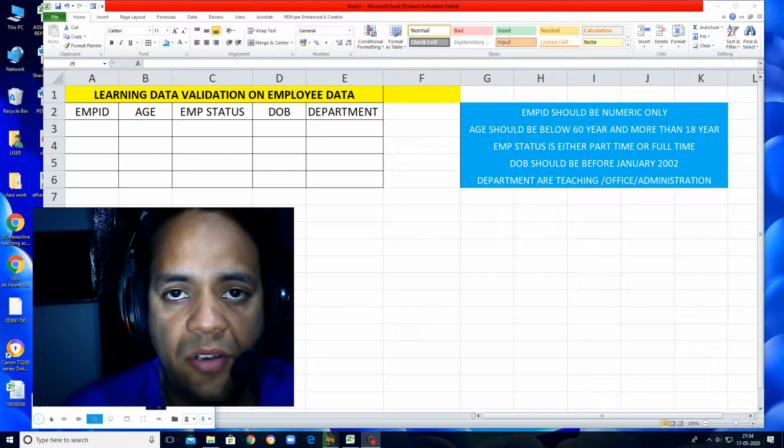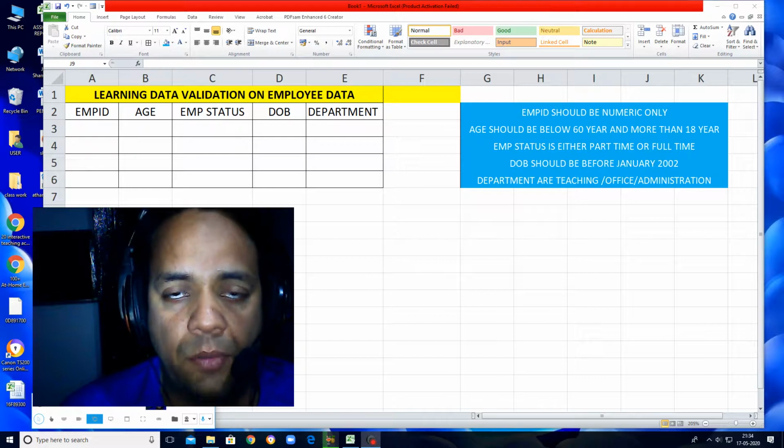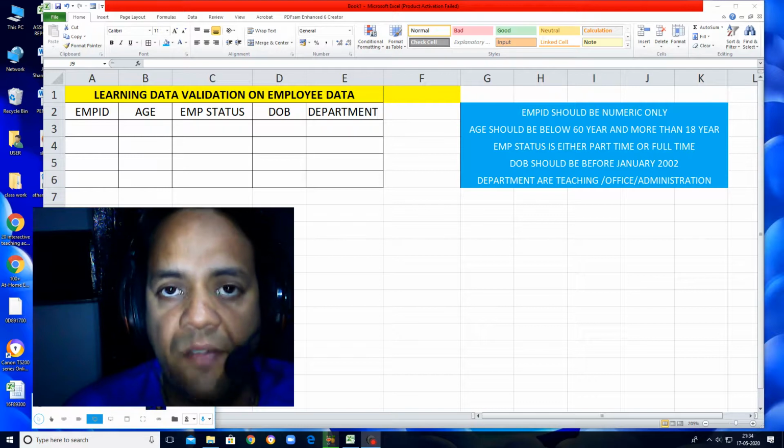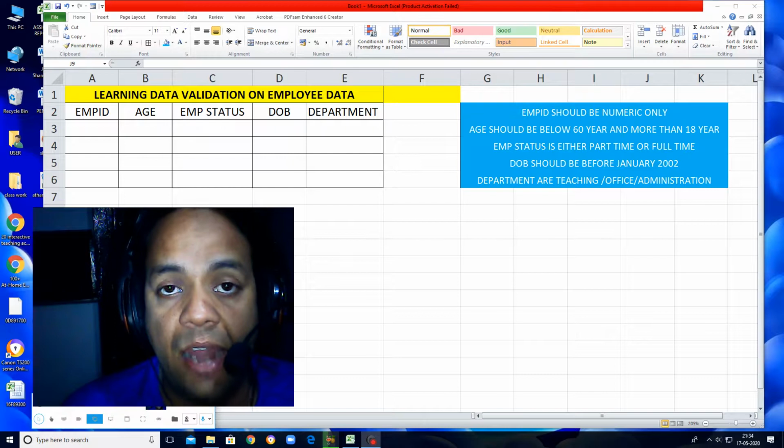So data validation restricts the different columns in Excel from being entered wrong by the user. We can specify a set of rules on the data entry in a particular cell or in the whole column in Microsoft Excel. This is called data validation, meaning it allows only valid data to be entered. So let's see how this magic happens. Let's utilize this Excel feature today and learn how the corporate houses design their Excel so securely that wrong entry is not possible. So let's begin with this.